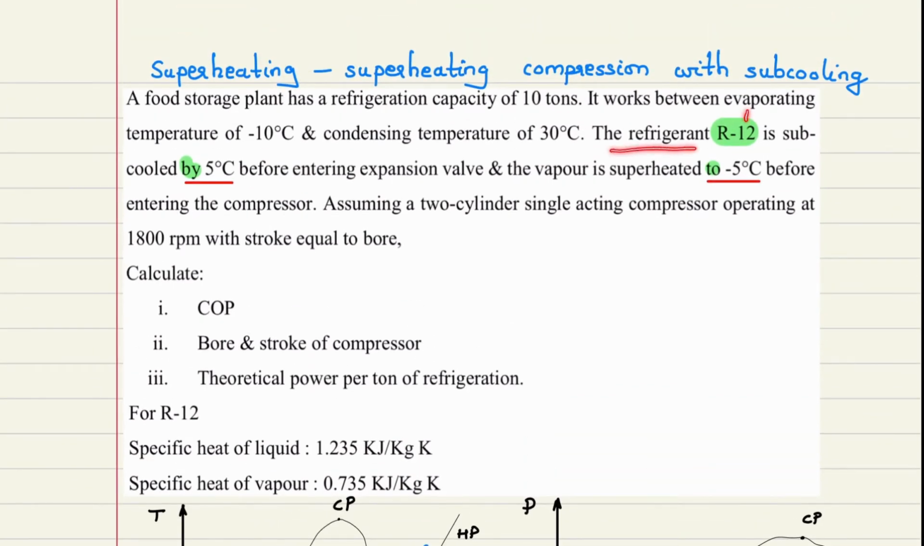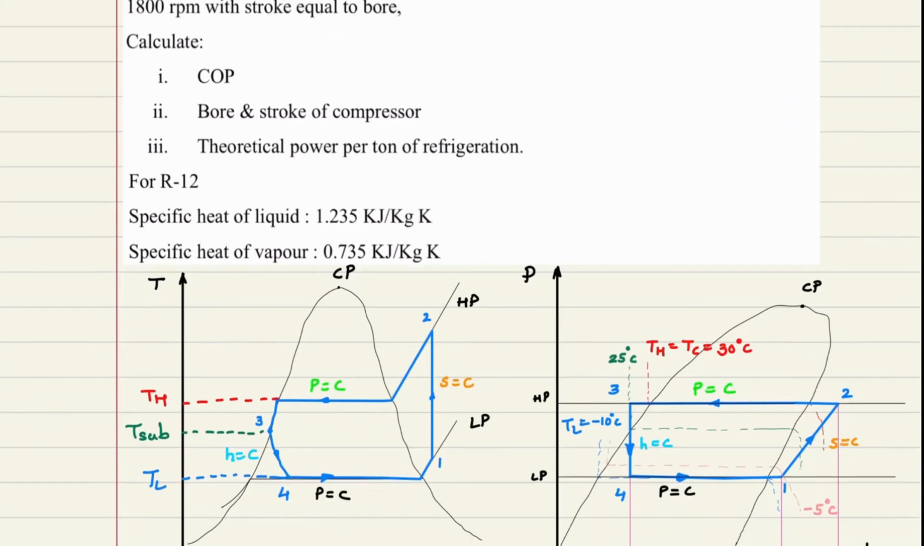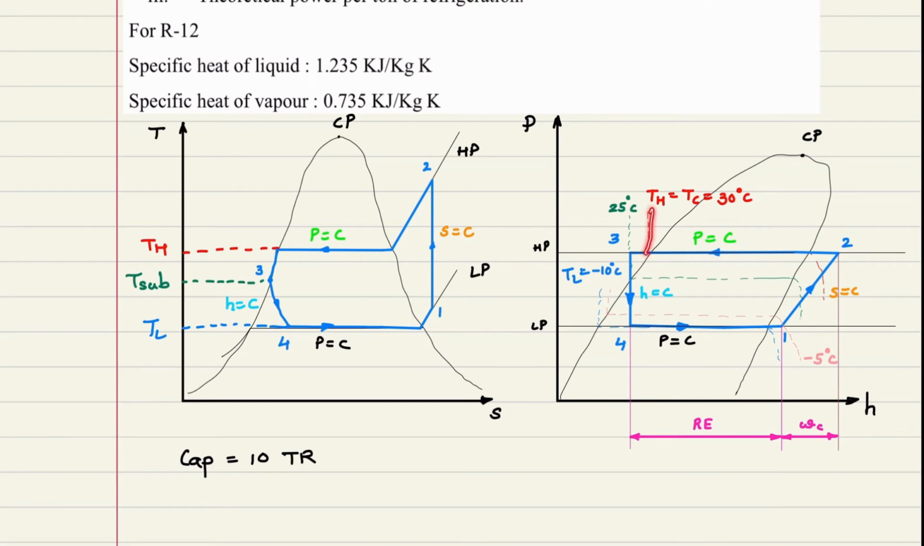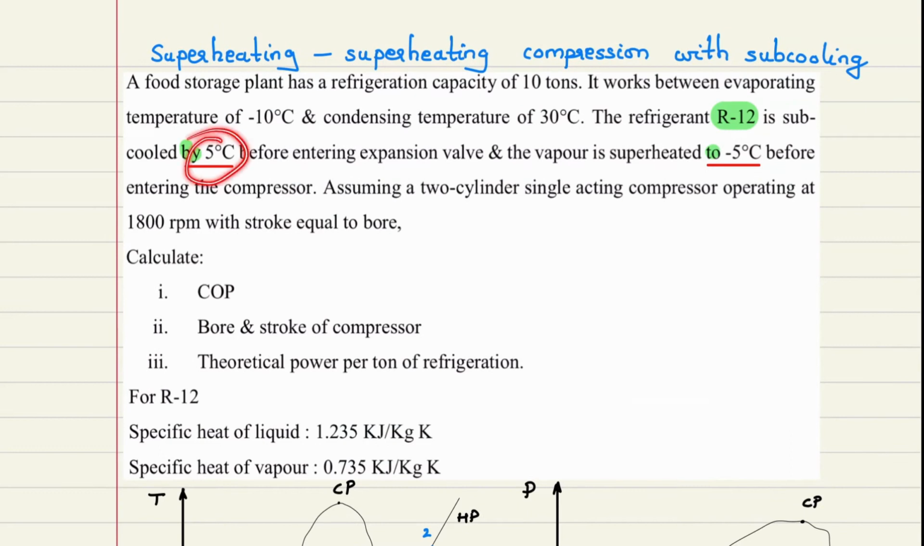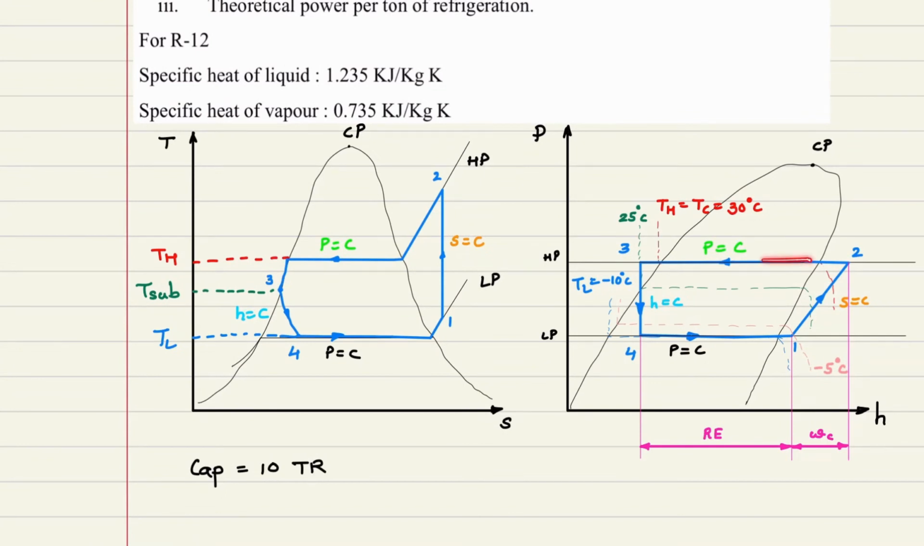The refrigerant R12 is given in this question, and it is subcooled by 5 degrees Celsius. Now what is the meaning of this? Read the data properly. What is given? Subcooled by. So what will be the subcooling in this case? It will be 30 minus 5, which is 25 degrees Celsius. Subcooled by means the degree of subcooling is given. What is the degree of subcooling? It is Tsat minus Tsub equal to 5. That is given